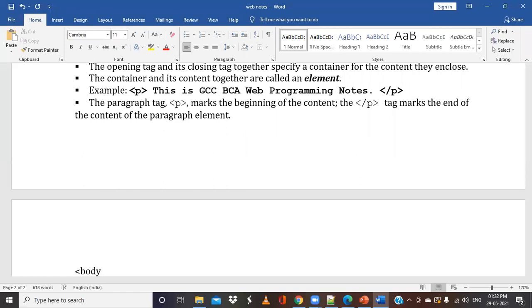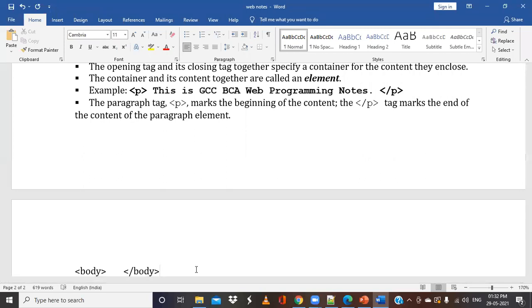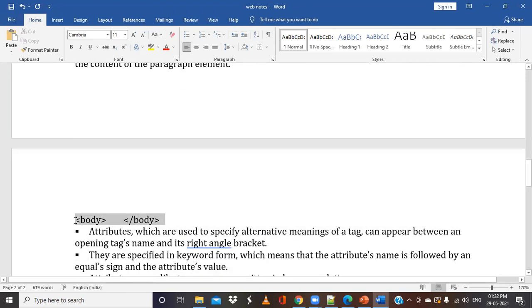For example, I can have a body tag and then there will be content and then we close this body tag. Whatever appears in between becomes the content, and all this together we can call the body element. In the above case, we discussed the paragraph element, and all this paragraph and other things that we are looking at will actually appear between the body tags. So we can say that this paragraph tag is included in the body.